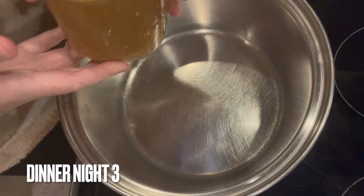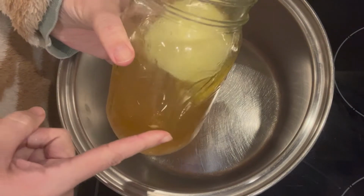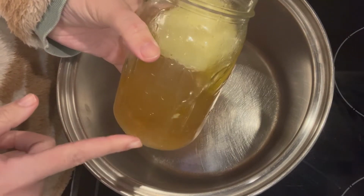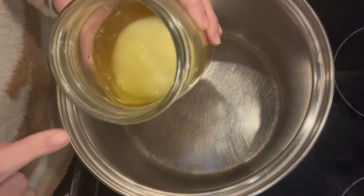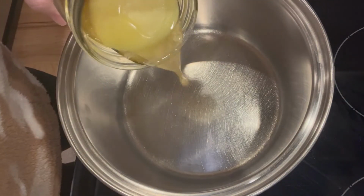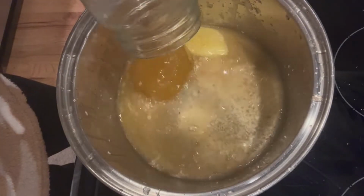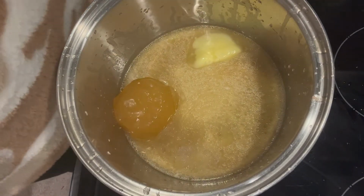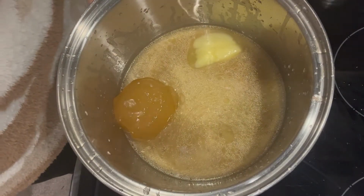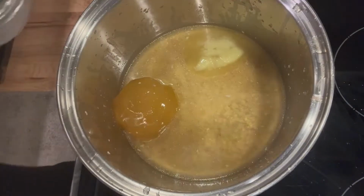Okay, tonight we are going to have chicken stew. So this is the chicken stock that I had left over from cooking the whole chicken, and it was in the refrigerator. I just heated it up a little bit so I could get it all out. So I'm just gonna go ahead and pour it into my pan here, and then I'm gonna turn it up, and then I'm gonna fill this up with water, pour that in,